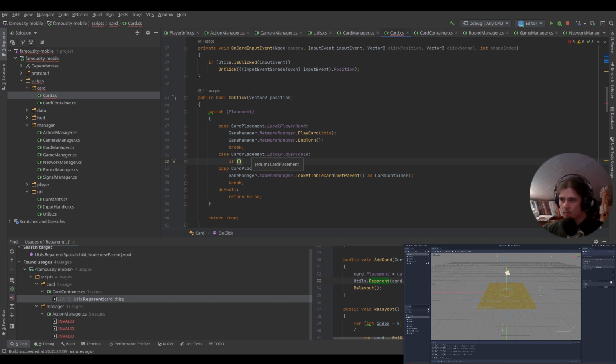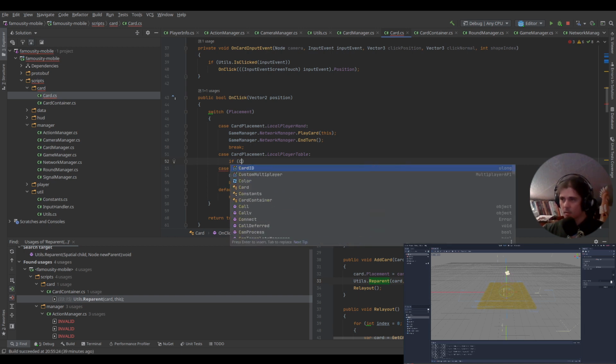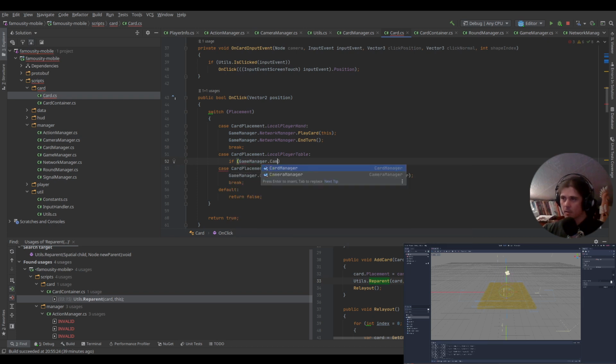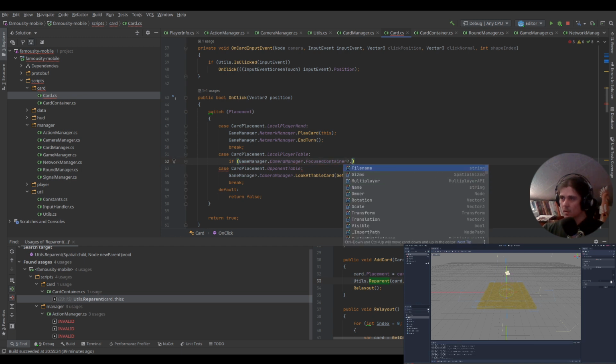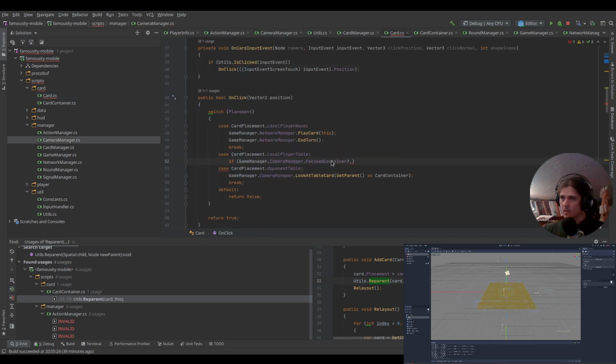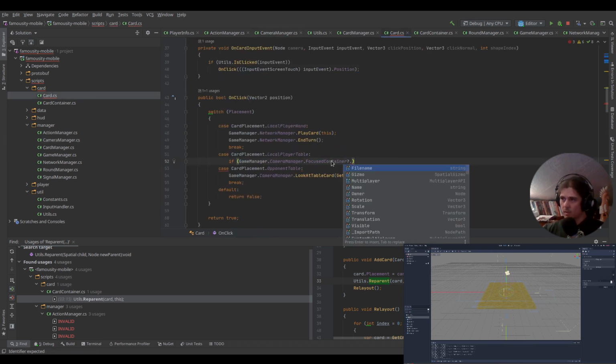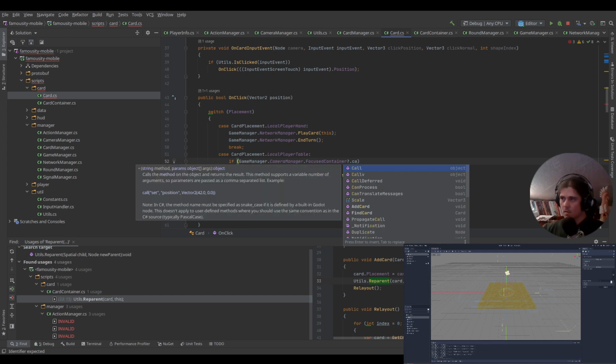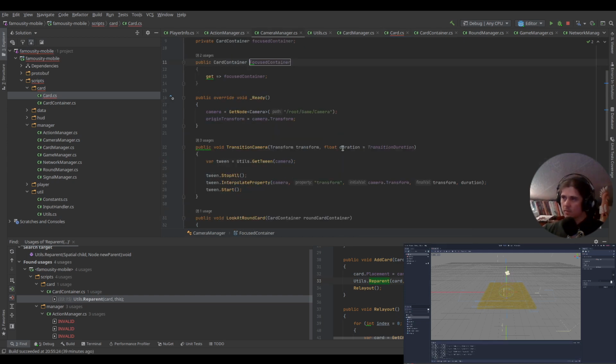So in case of game manager, camera manager, focus container equals, focus container is card container,